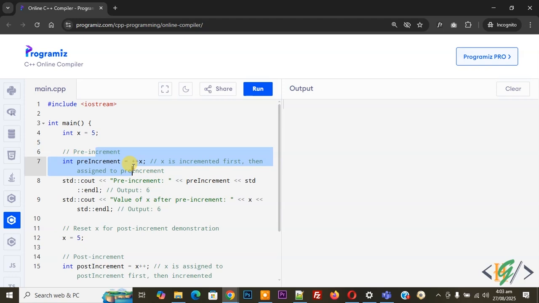The pre-increment operator increases the value of the variable before it is used in an expression. Now you see plus plus before variable x. Now you see comments also. x is incremented first, then assigned to pre-increment, and then you see std, scope resolution operator, and then you see